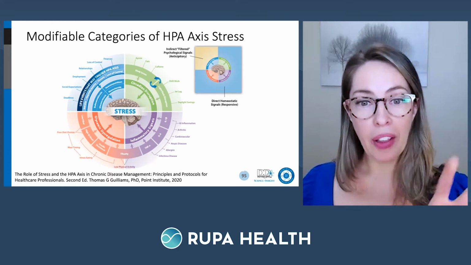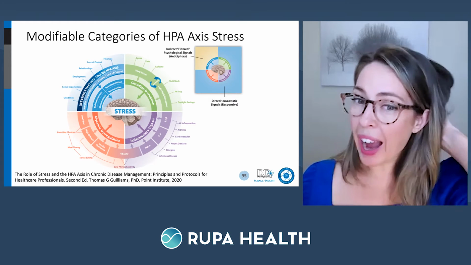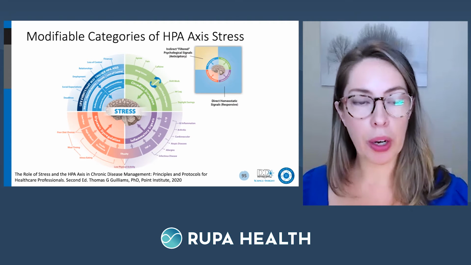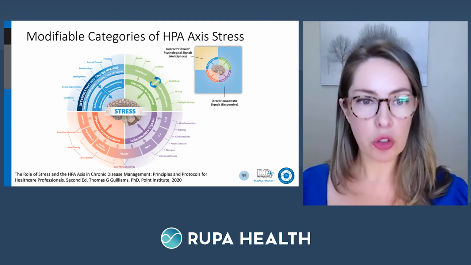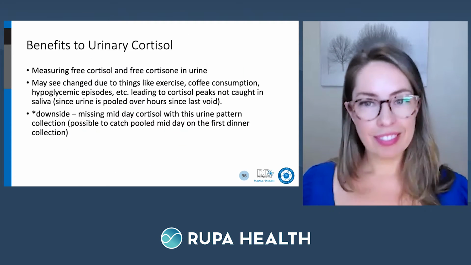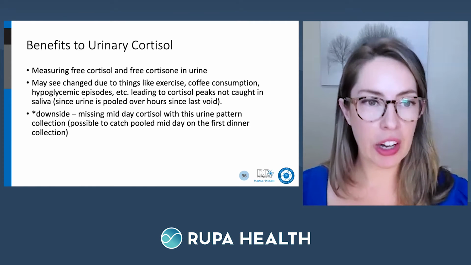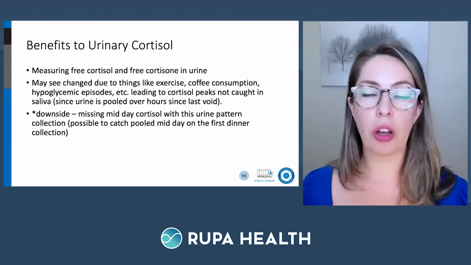And also to point out that these are all reactive, except for the perceived stress. That's the anticipatory part of the stress response. So that's for the HPA axis. Now, when we're talking about urinary cortisol, we're measuring the free cortisol and free cortisone in